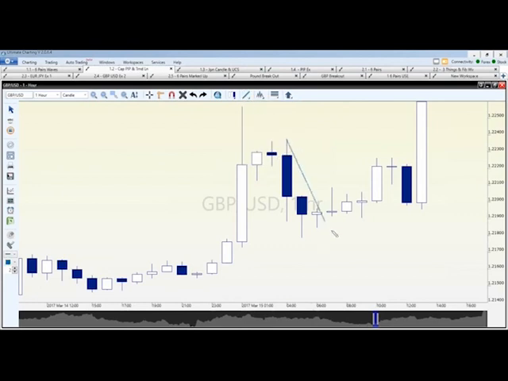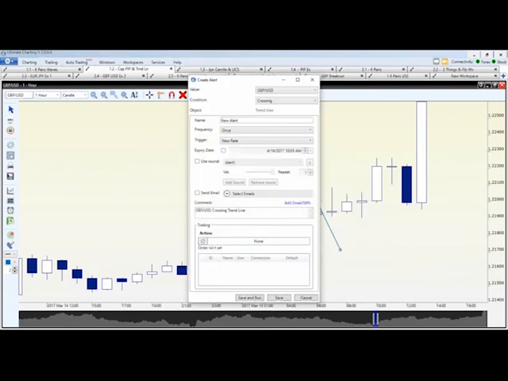For example, let's just say you see this trend, and you said when it breaks this trend, you'd like to enter the trade. Well, you could sit here on the computer all day long and wait for that to happen, or I'm just going to right click on this and it says add alert. Can everybody see this box?